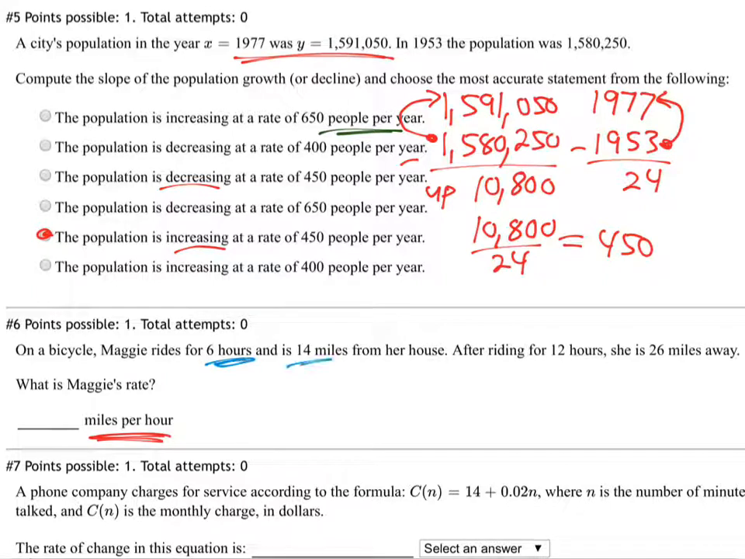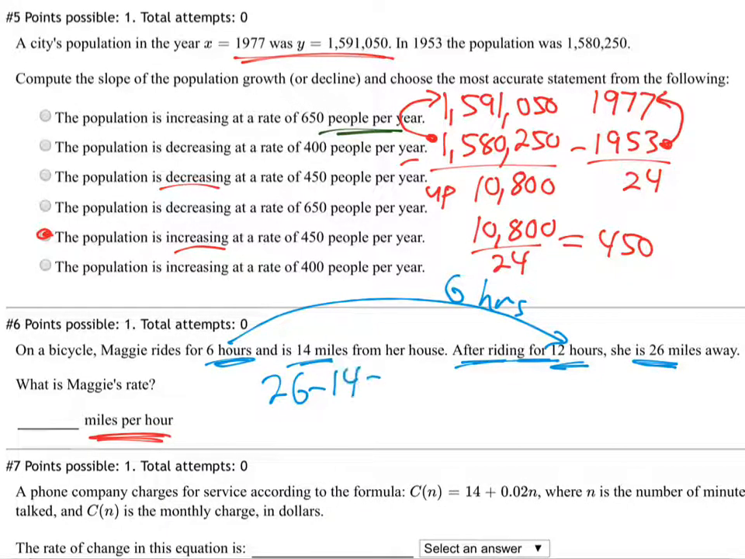So after 6 hours, she was 14 miles away. And then after 12 hours, she was 26 miles. So from the 6-hour mark to the 12-hour mark is how many hours? That's 6 more hours of riding, huh? Right? They're telling us how far she was at the 6-hour mark and then how far she was at the 12-hour mark. So that's 6 hours later. She'd gone, what, 26 minus 14? She'd gone 12 miles